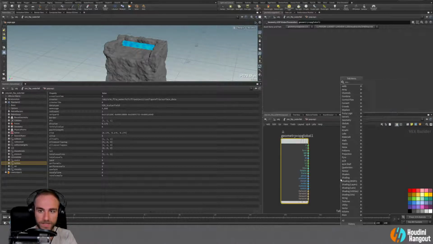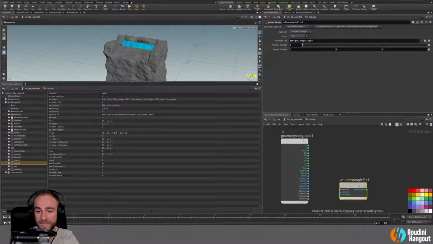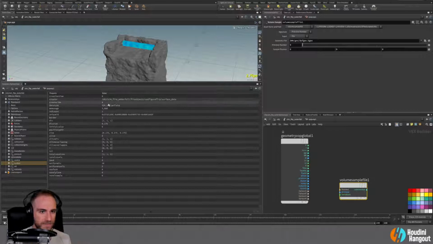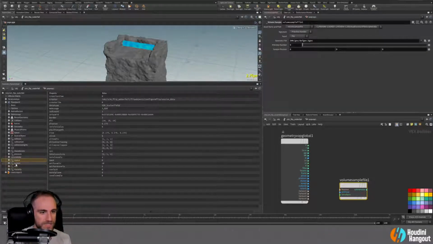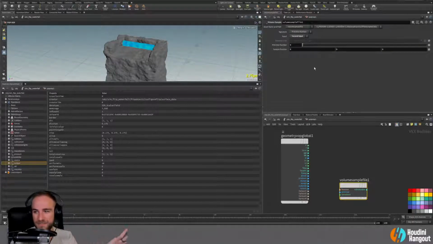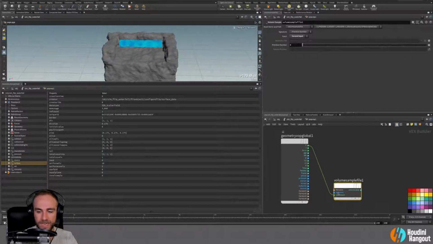So if we do a volume sample, we can now start sampling that. Because this, we know that's an SDF because it's a surface, right? Yeah, it's a scalar field here. I think this actually, the color of it, yeah, this would be a vector field. So the surface is a scalar field. So it's not a vector field. So let's say here we're going to go second input. That'll be getting that. And primitive number, sure, it's primitive number 0. So it's the first volume that's coming in. And then we just need to do a sample position, which is just going to be our point positions. So we're going to use these point positions to sample where they are in the